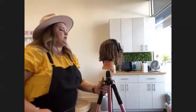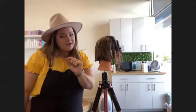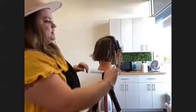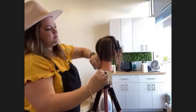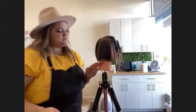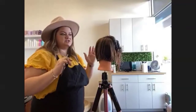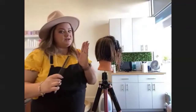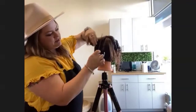All right, so I'm going to go ahead and layer the back a little bit, not a lot, but a little bit. And so I like to start in the center. For this cut, I like to do a square layer because it keeps the perimeter, we already kind of point cut it, sturdy and structured, not blunt, but just so that they feel like they have hair at the bottom. So by doing a square layer,